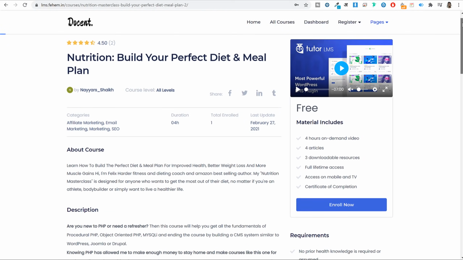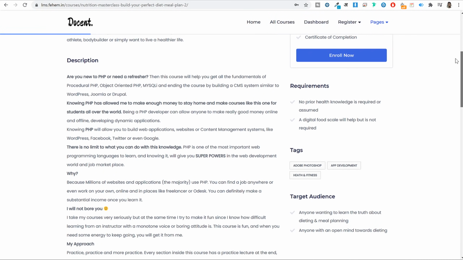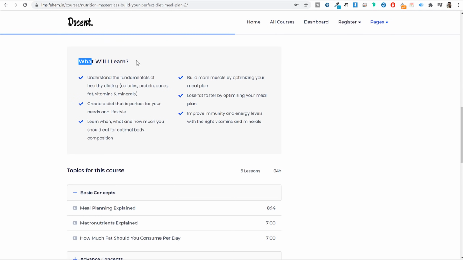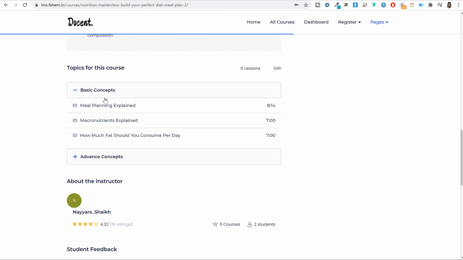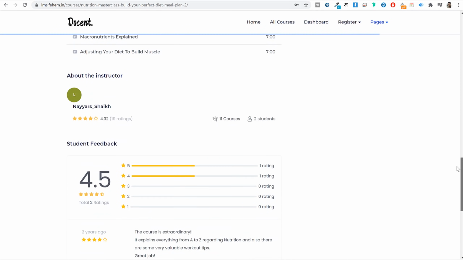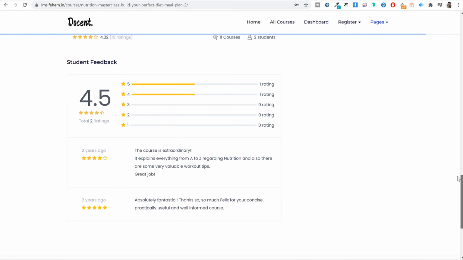Now first of all, you can create courses, and in these courses you can create different types of lectures like audio lecture, video lecture, podcast, etc. Second of all, you can also create different types of quizzes like true or false, fill in the blanks, single choice and multiple choice, etc. You can also create certificates for students. And because we'll be using a page builder, creating this website is super easy and the design of this website is also amazing.